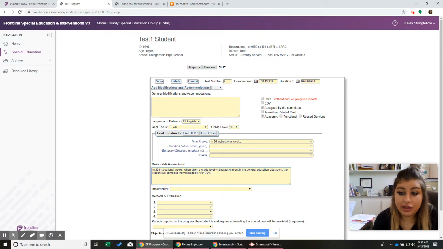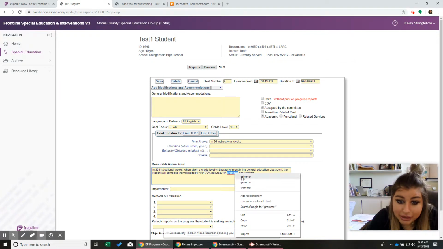If we're focusing on that heavily, I don't want to put something super high like 90%. Let's do attainable. 50 to 70, that's huge. So 70% accuracy on grammar and spelling. I'm sorry.